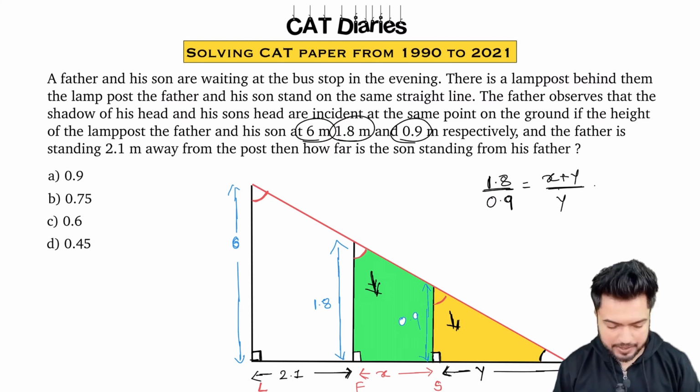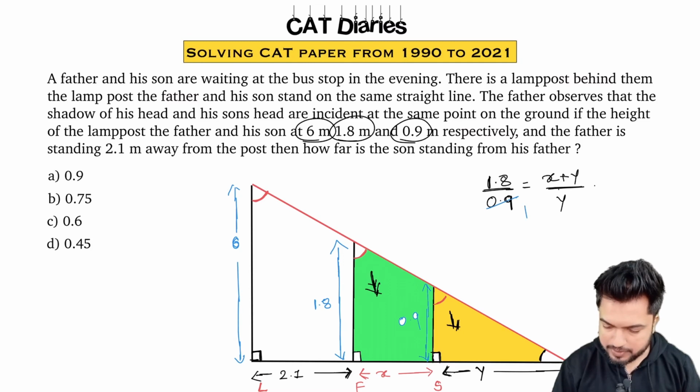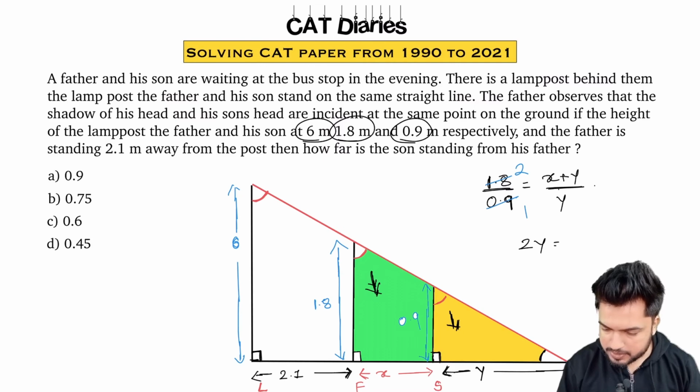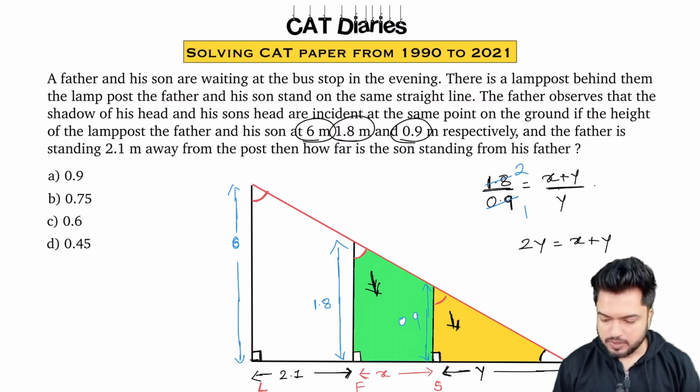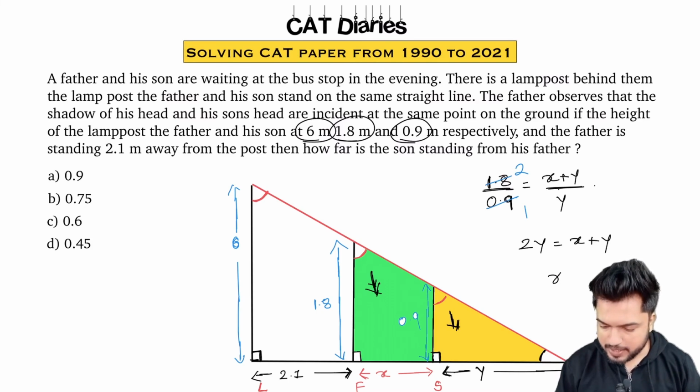That's what I get from this part. So this is 9 ones are 9, 2s are 18. So what do I get from here? Okay, 2y is equal to x plus y. So from this you can get that x is equal to y. That is the first part that I get from